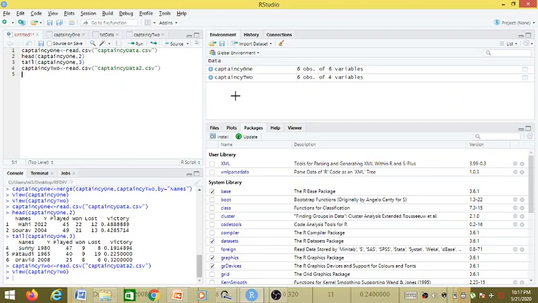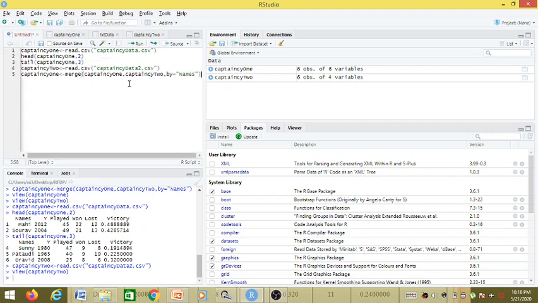So let's do it on RStudio. Captaincy 1 data frame, I'm using the available data frame. You can create a new data frame, give it some other name, and your destination data frame will be different. So the merge function, and as an input, again, the names of data frames which you want to combine: captaincy 2, and by equal to the name of the column using which you want to combine the data frames. So if I run this,